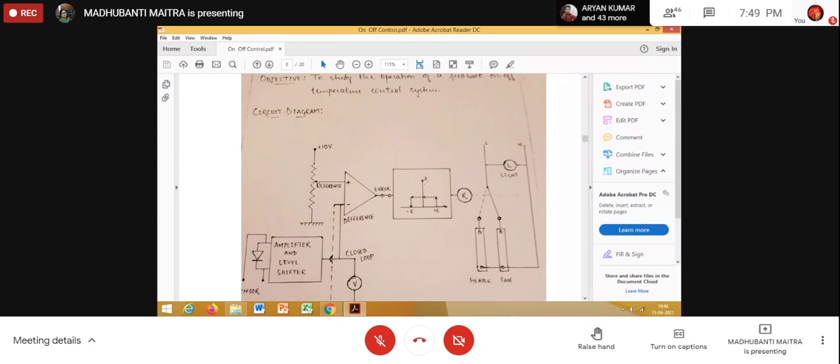once the output of this Schmitt trigger is 1 at this point, and at this point the output of the Schmitt trigger is 0, the heater is getting connected to the circuit and the next time the fan is getting connected to the circuit, and for a certain period of time heating is taking place, and for a certain period of time cooling is taking place. So that's why we call it an on-off control system, and this particular system is an on-off temperature control system, and the system is now operating in closed loop.